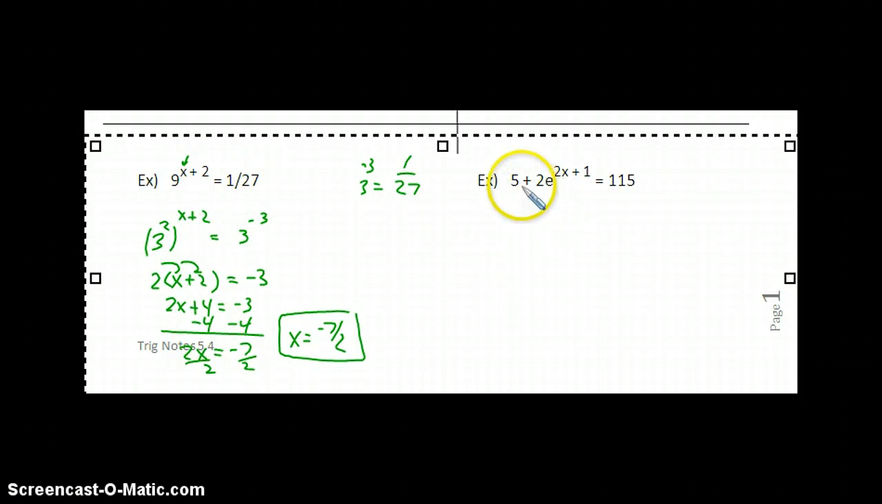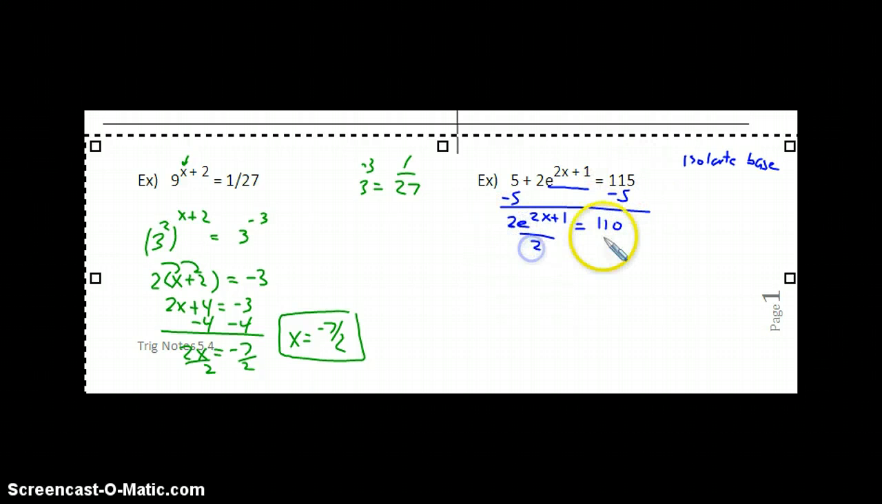Looking at this example, if I'm going to solve this one, it's a little bit different because my exponent here has a base of e. So that's really what I want to get by itself first. This e raised to the 2x plus 1, I need to isolate that first. So that's what I'm going to do. I'm going to isolate my base, which basically means I have to move over anything that is with it. So I'll move over the 5 by subtracting. You would get 110. Move over the 2 now by dividing, and I get e to the 2x plus 1